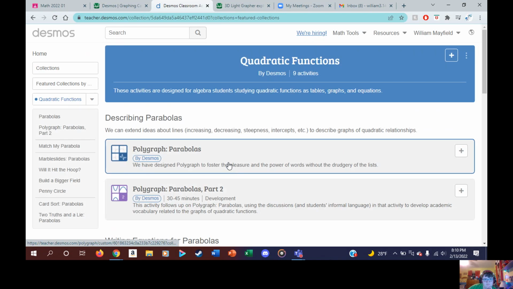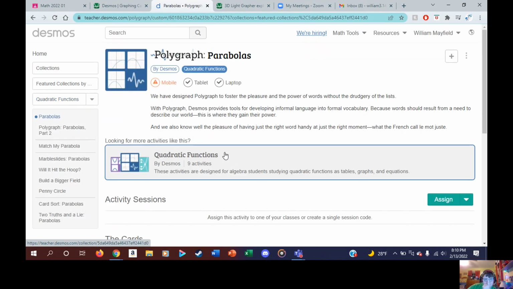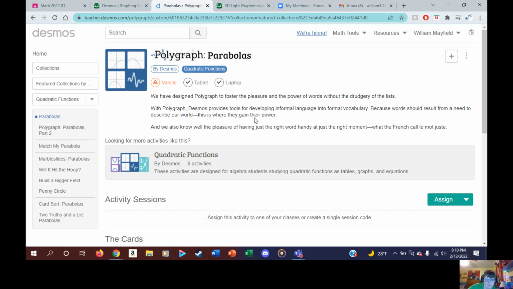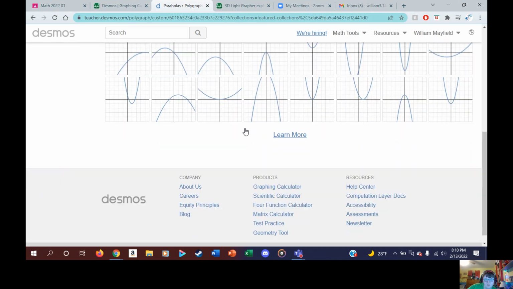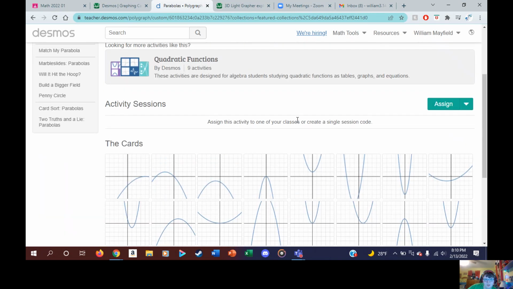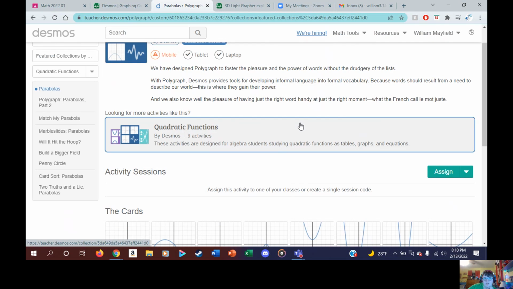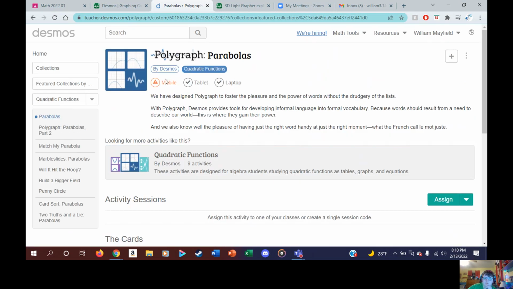Quadratic functions. Here you've got cards defining polygraphs and quadratic functions. It will struggle on mobile, but be successful on laptop and tablet. And you can assign this to students so that way they can learn how to